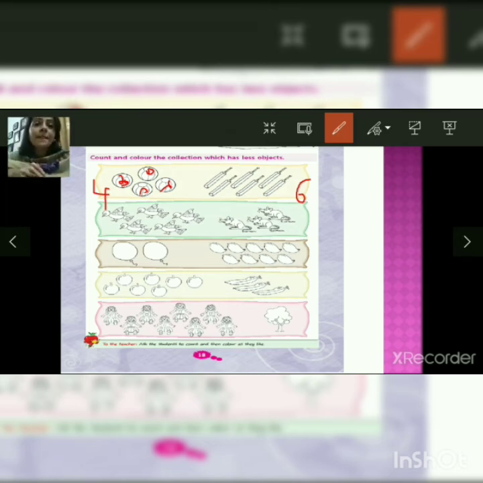Next, move on. We see some birds in one collection and in another collection we see some rats. So which collection is less? Although we can see, we will not rely on what we see. We have to count and write also. So we count the birds. There are 1, 2, 3, 4, 5 birds and we write it. And there are 1, 2 and 3 rats. So we write it right here. So which collection is less? Now we know very well that 3 is less than 5. So we are going to color only the rats. We will not color the birds.